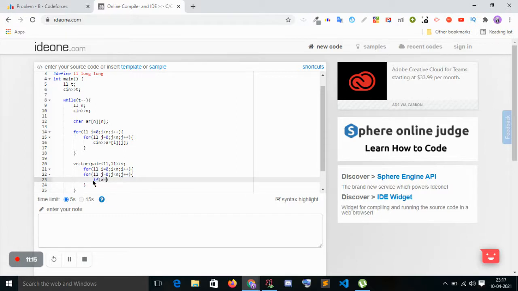If array of i array of j equals the mark, then v dot push back i comma j.